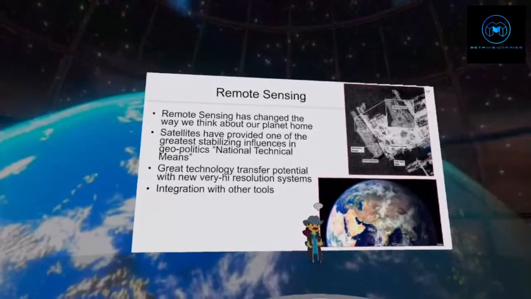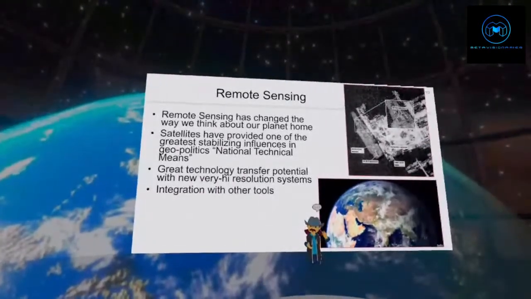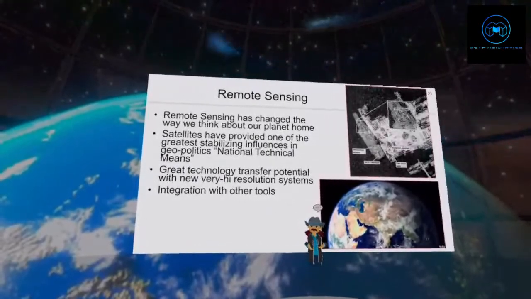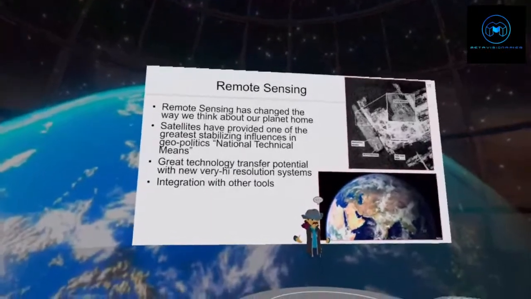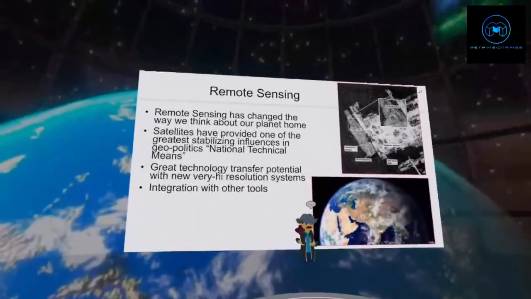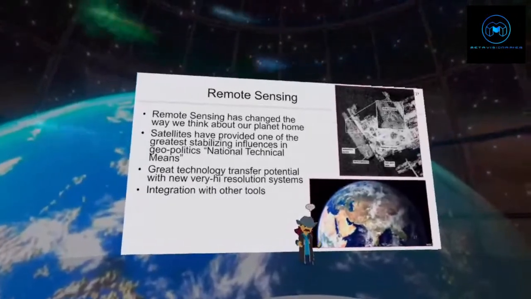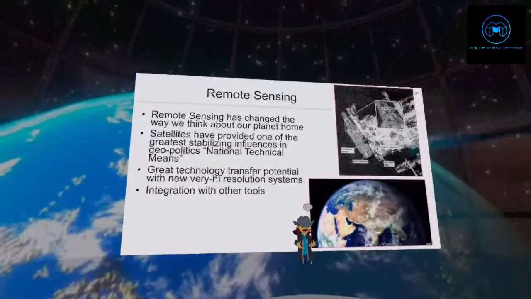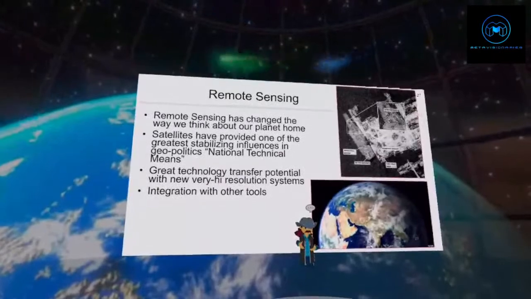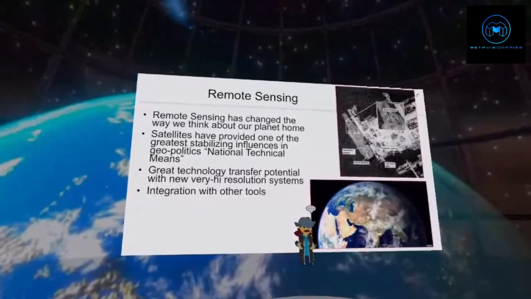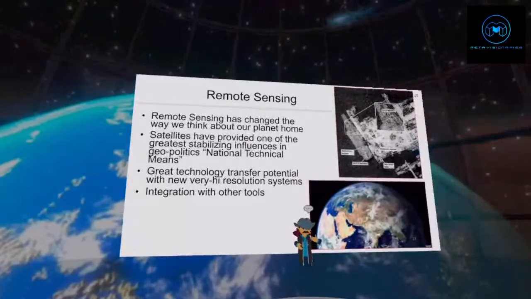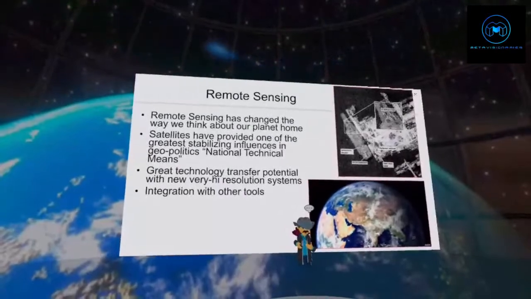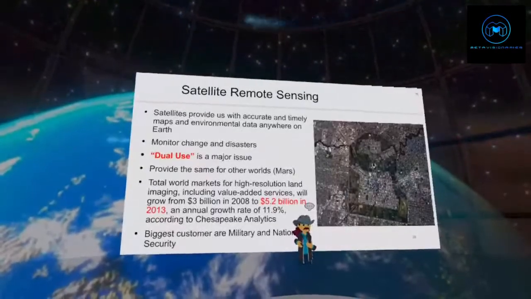We have modern, very high resolution satellites. We can take images with a pixel resolution or a ground resolution of half a meter and less. We can look at our world, we can analyze our world, and as I mentioned before, we can integrate these with other tools for practical applications like disaster management. I've done a lot of work in the disaster management field, and space technologies and our access to these is a key component in how we do disaster response today.